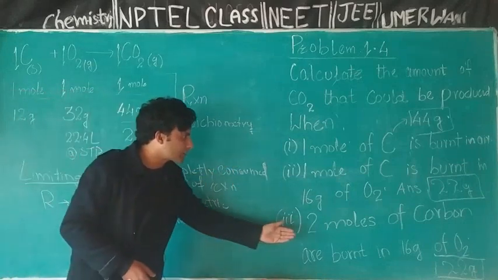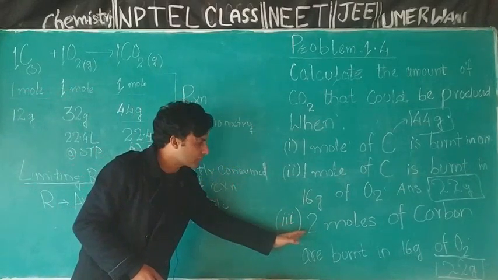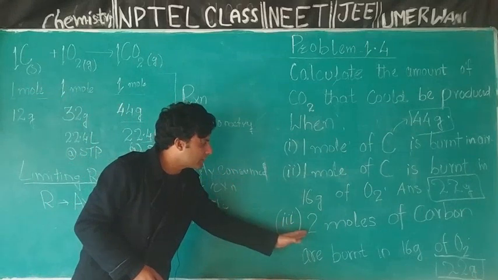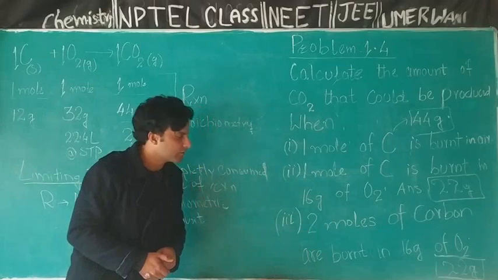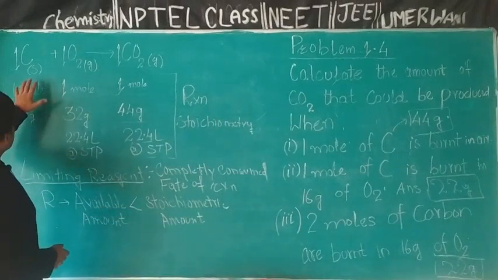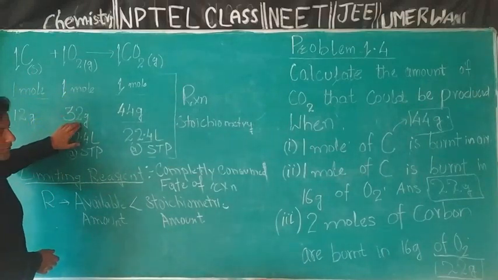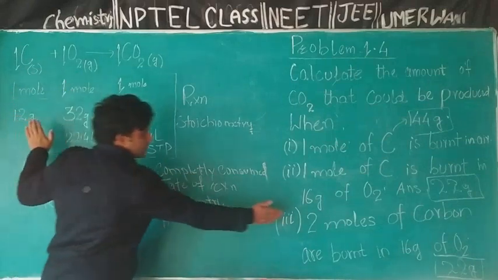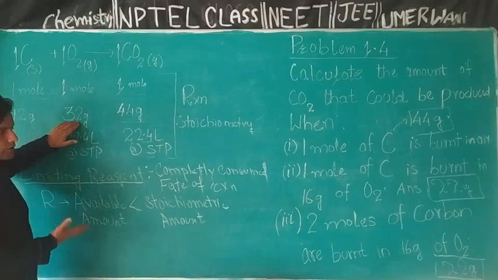For the part third, I again identified available amounts of reactants. For carbon, available amount is 2 mole. For oxygen, available amount is 16 grams. I compared these available amounts of carbon and oxygen with stoichiometric amount. You see, for 1 mole, 32 grams of oxygen are required, and for 2 moles, 64 grams of oxygen are required, but